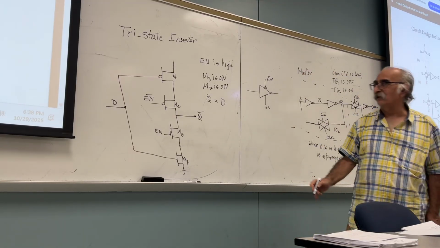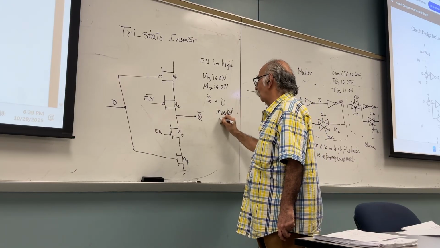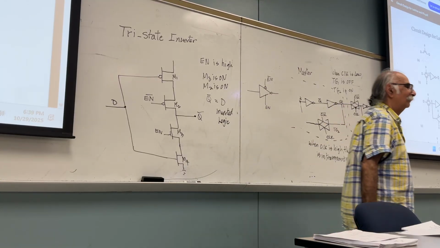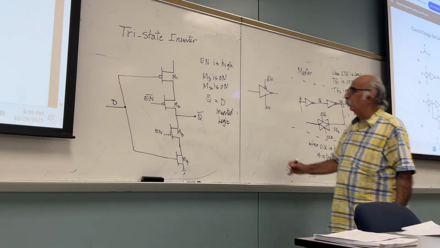Did you get it or not? Yes. This is, by the way, one more time, inverted logic. Clear? Yes. So when you say Q bar equal to what? 1. Let's assume D is equal to 1. When you say Q bar equal to 1, what does that mean? What is being stored is a what? 0. Clear? It's an inverted logic. Did you get it? Yes. Okay, good. What if the enable is